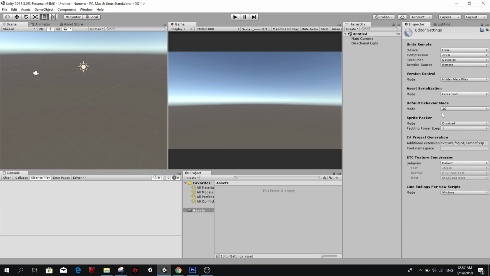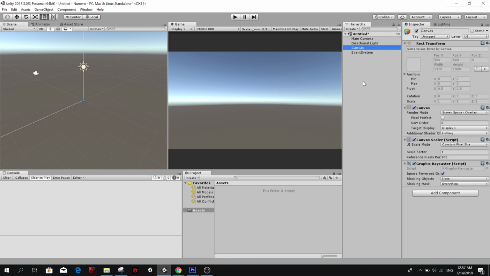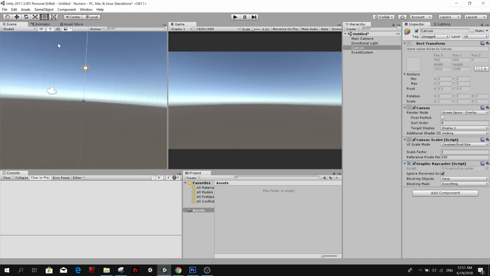This actually helps you to import everything. When you import images, they will be imported with the sprite settings rather than texture settings, which is nice. I'm going to be using Canvas for this project, so all the things you will see on the screen will basically be buttons from the canvas.